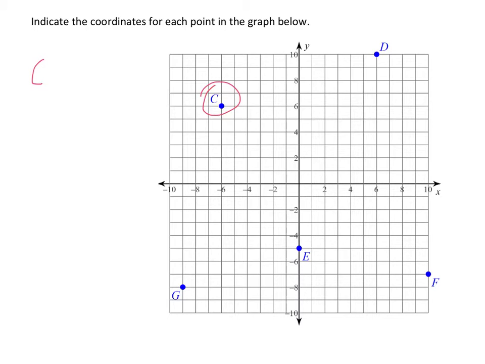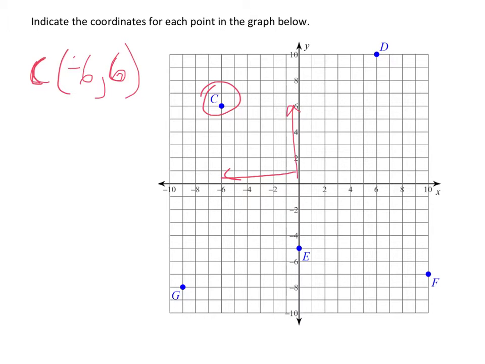Now remember, the x is the horizontal component, and so that is that way, negative 6. So if I'm saying C is equal to something here, the x component is equal to negative 6. So I would write that like this. And then I would look at the y component, and we can see it's up, and it is up 6 positions. So the y component is positive 6,